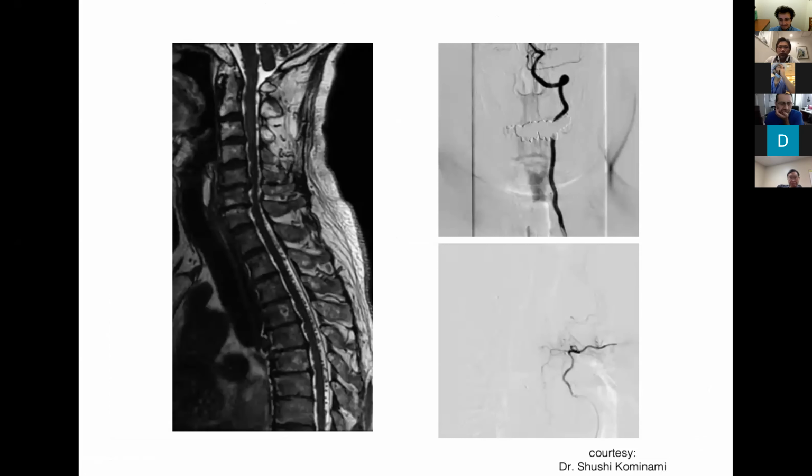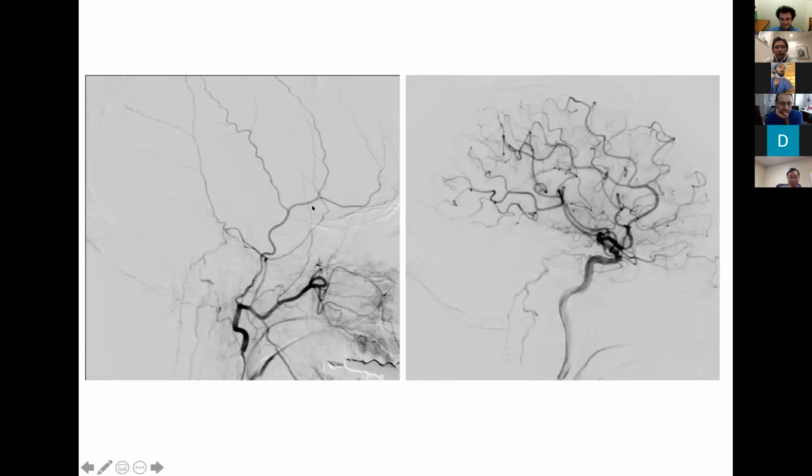And the last case I want to show you is kind of the opposite of what Max was showing in his cases. There was a patient, very typical of a spinal dural fistula. I got this from another friend also. They did the full spinal angiogram, but they couldn't find any shunt at all. So we were discussing what to do. I looked through the source images of the MRs, and actually saw some dilated veins in the posterior fossa. So the next time we did an angio of the external carotid and also the internal carotid,